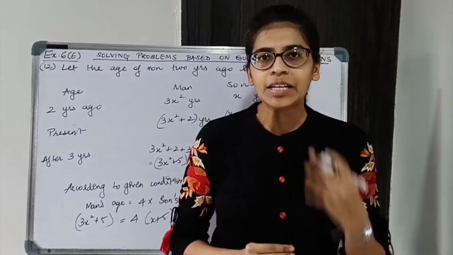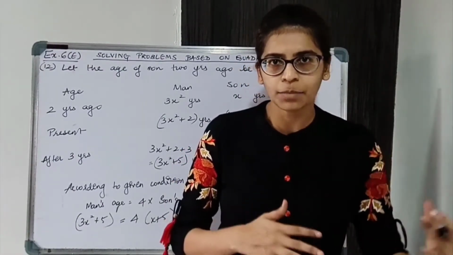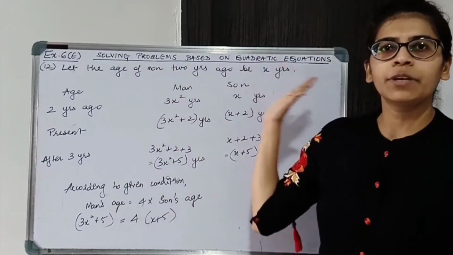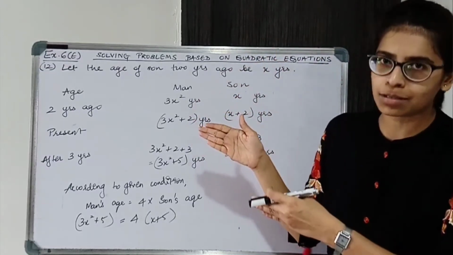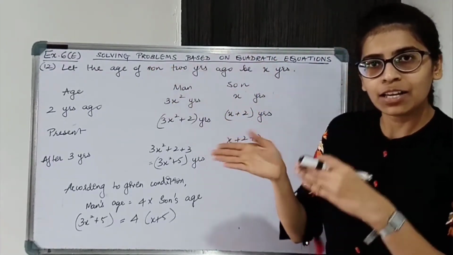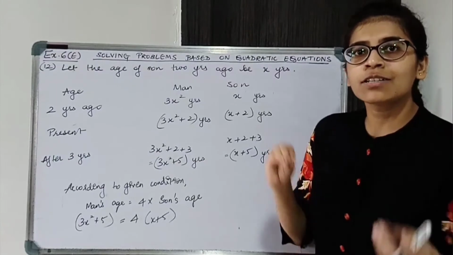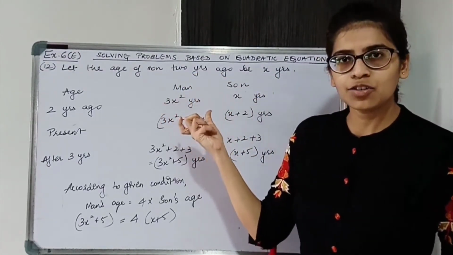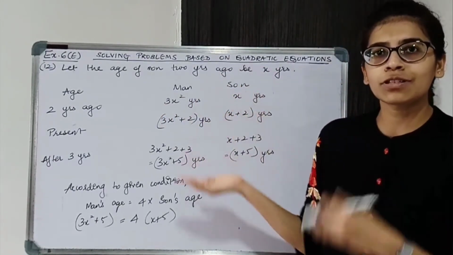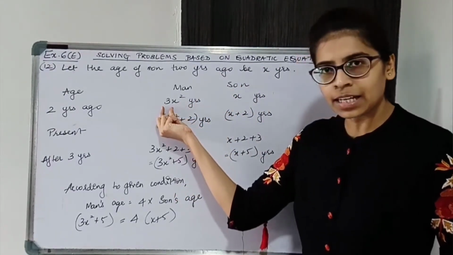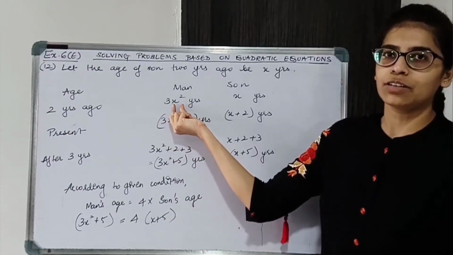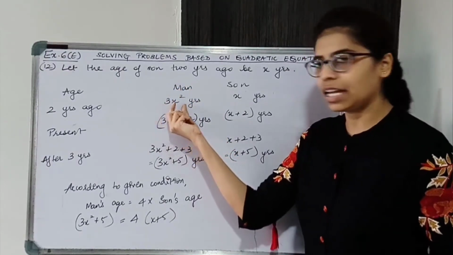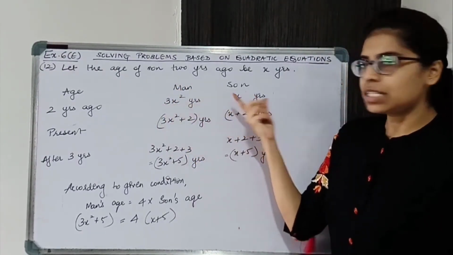So the one that is independent, जिसका age independent है उसको हम लोग x लेंगे. Okay. So son's age is independent over here. Man's age is depending on the son. So man's age we can easily find out. First let us assume the son's age to be x years. ठीक है. So man's age is 3 times the square of his son's age. So it will be 3 times the square of his son's age. So 3x square. Don't put 3x the whole square. No, 3x square. Alright. Son's age is x years.